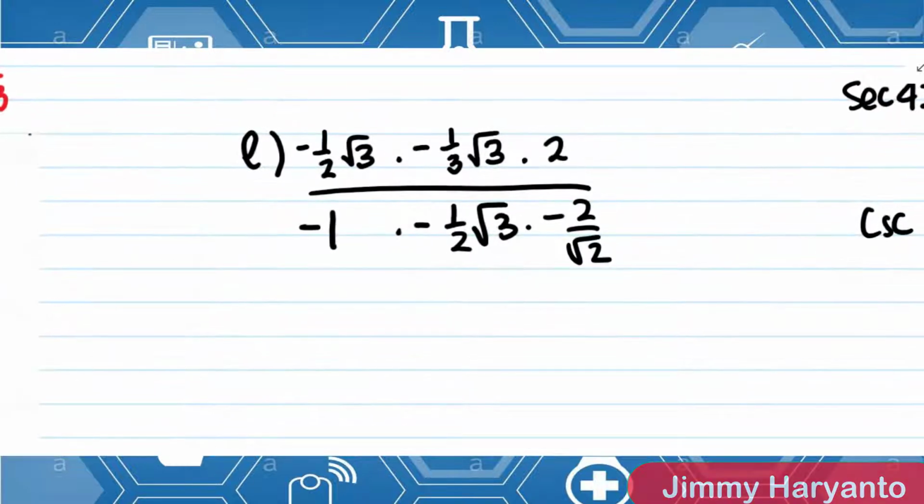Okay, so we can cross out this 3, the square root of 3, and then negative, these 2, and then also half. So the result is negative, and then this square root of 2 goes to the top, 1/3 square root of 3 times square root of 2, square root of 6.